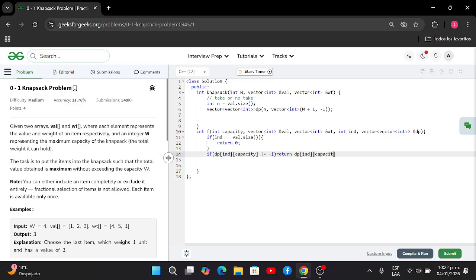Capacity, and here I'm going to make the technique take or not take. I'm going to have take as 0, and here I'm going to ask if I can take this element. For this I'm going to ask if capacity is greater than or equal to the current weight. That means that I can take this. So take is equal to whatever this function returns,